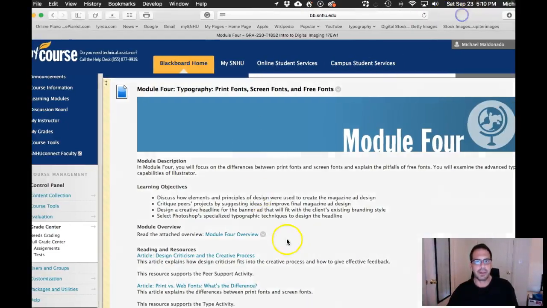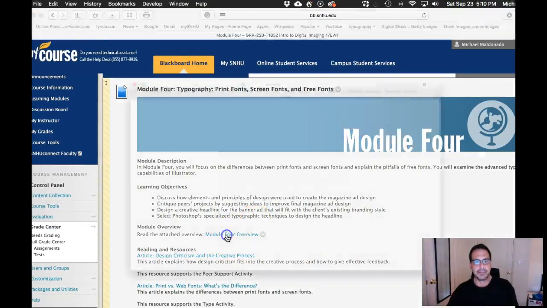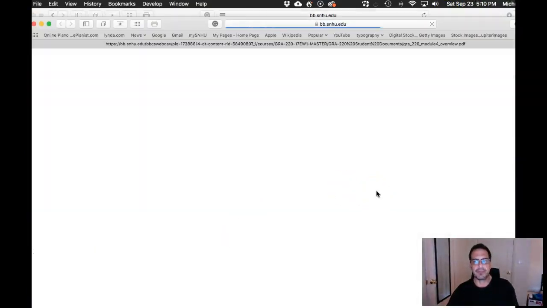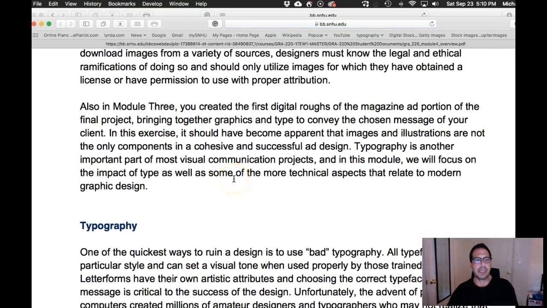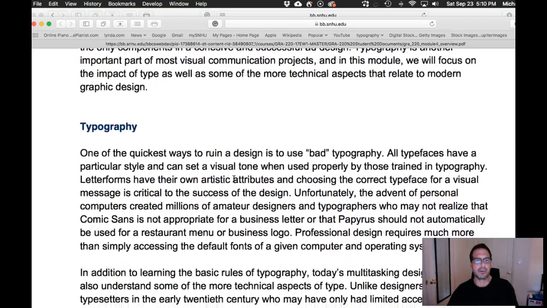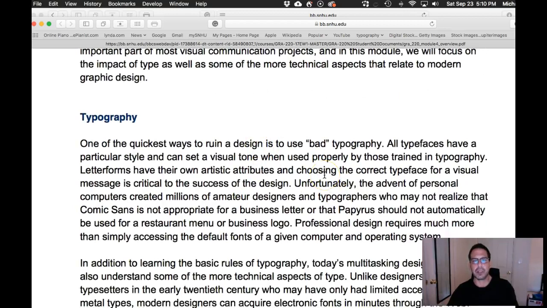Let's go ahead and take a look around Module 4. So you got the Module 4 overview, and please go ahead and take a look at that. It just kind of explains some things, where we've been, where we're going, and where we're at. And we talk about typography here because we're going to start in a little bit on some